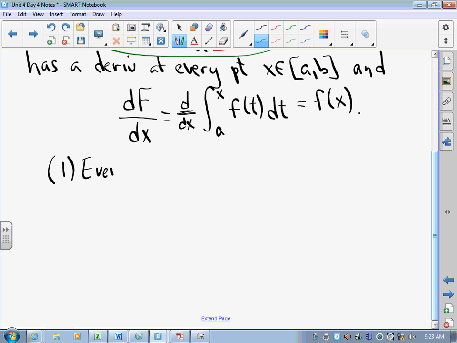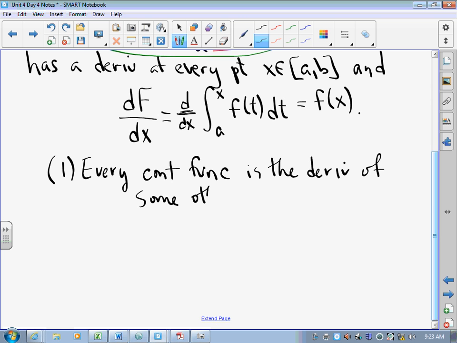Consequence 1. Every continuous function is the derivative of some other function. We may not be able to find it algebraically, we may not be able to explain what it looks like, but every continuous function is the derivative of some other function. 2,